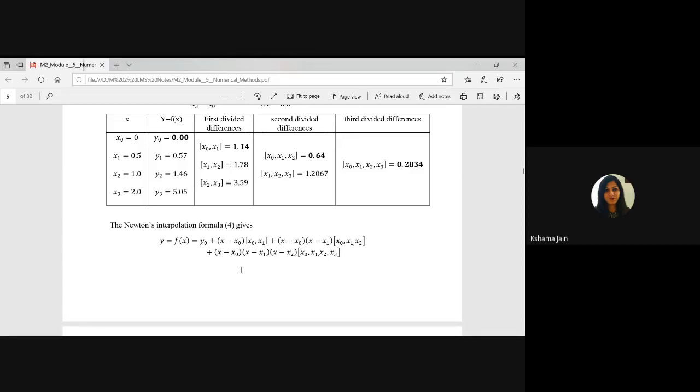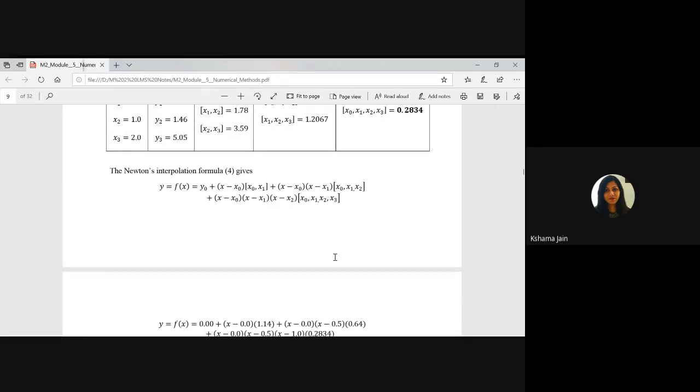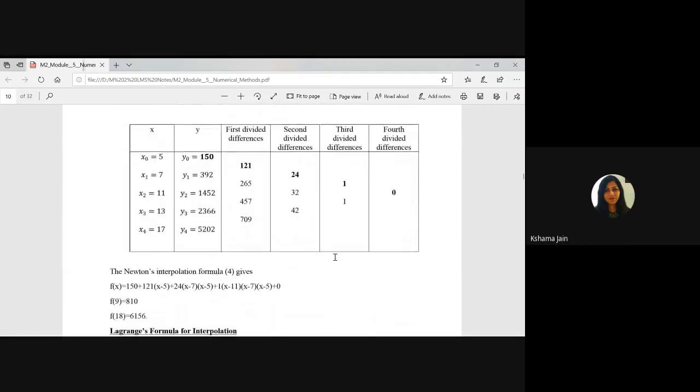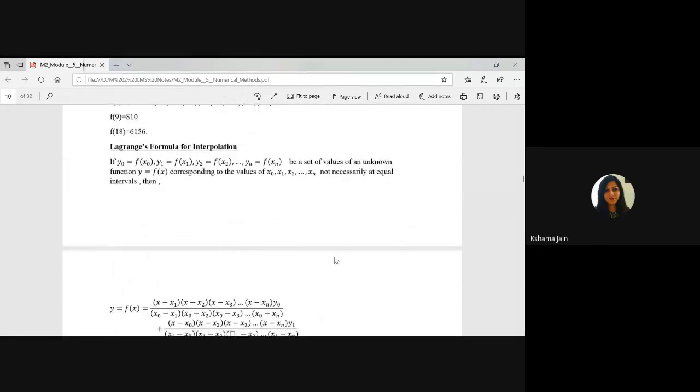So clear? Just remember this. You need not take till the last, x minus x3. You will have to take x minus x2, because the divided difference will be the third only. For the third divided difference we got three values, but in the divided difference value I am not using the zero term. Getting what I'm trying to say? So here you will take x minus x2 up to, but the divided difference will come up to x3. Okay, so this was for unequal interval. Any doubt till here?